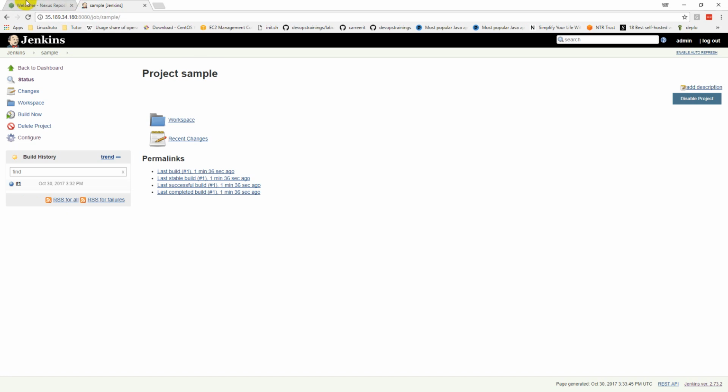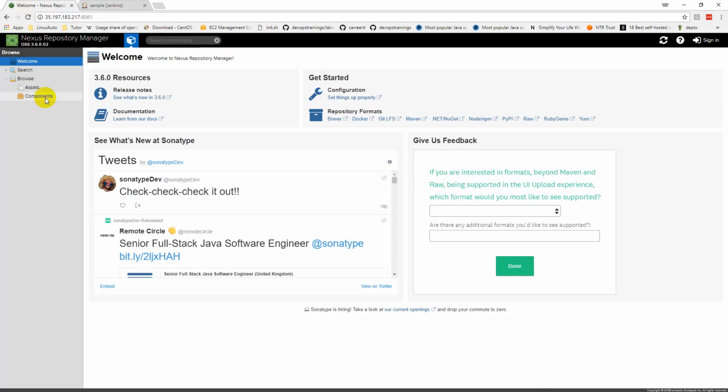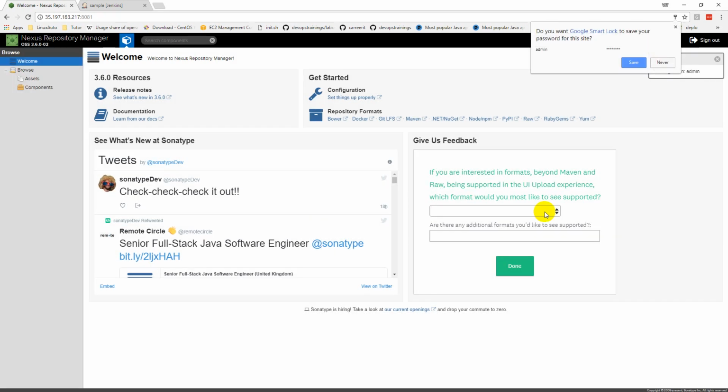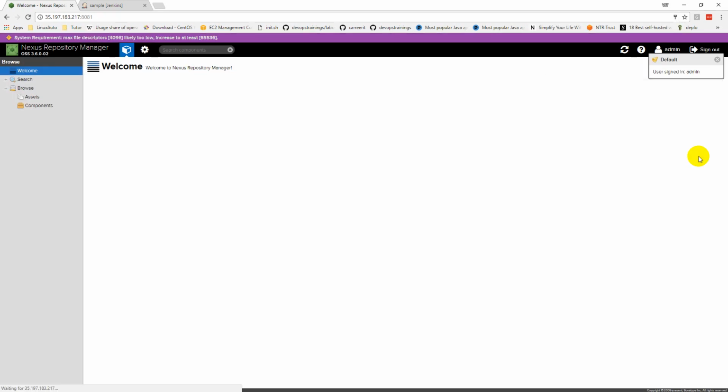So firstly, on the Sonatype Nexus I want to upload it into some location. So I would like to do that by creating a repository. Let me sign in, and there is a default username for Sonatype Nexus, which is admin and admin123. I'm just using those credentials to set up some of the repositories. And here on the top you've got a settings button,